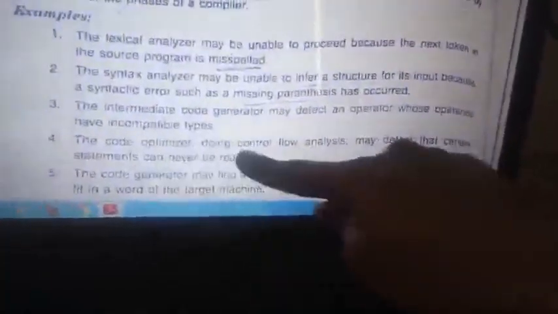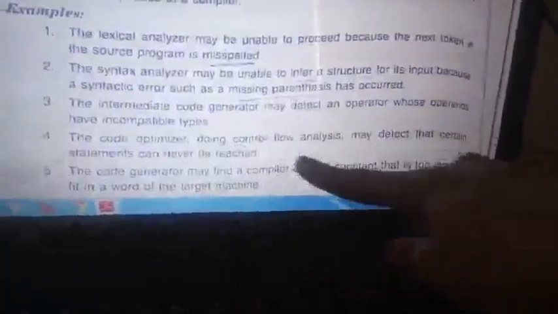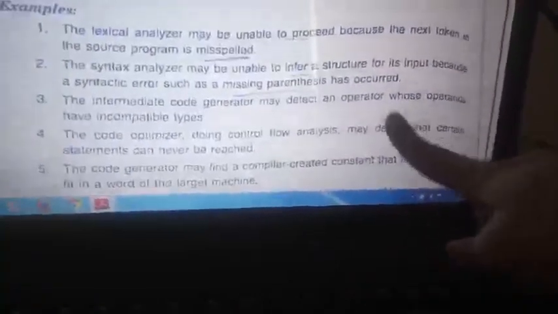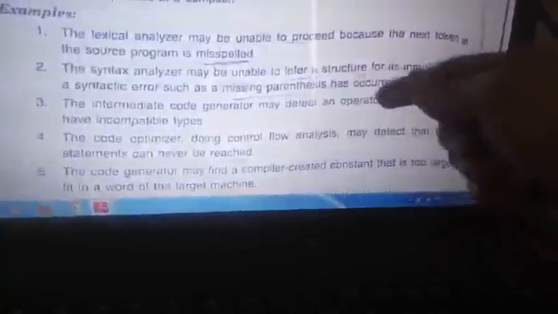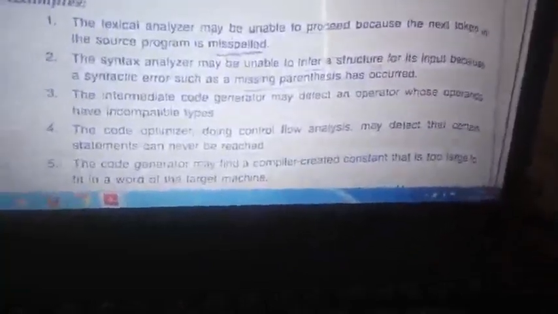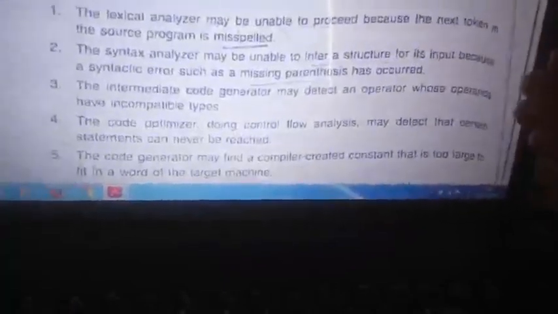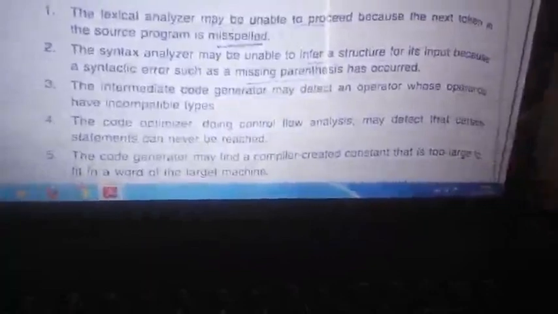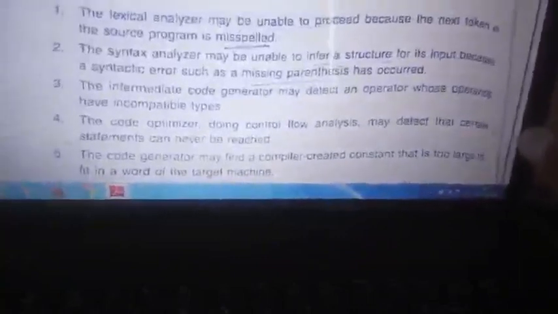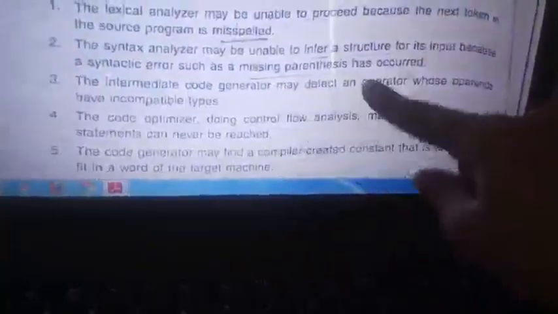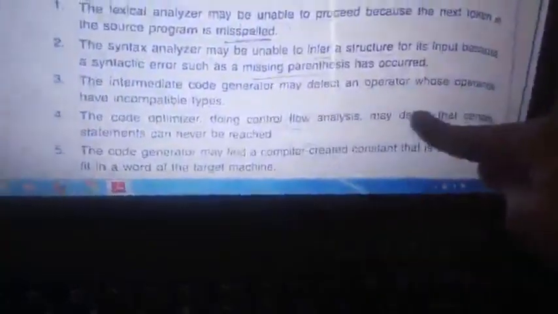Next, in code optimization, it will check the flow. That means if you have any invariant variables inside the loop, or variables which may not be reached at all, for example you write a variable outside the loop and call it inside, or you declare a variable outside the function and call it. Those are cases where we are not reaching that particular area. Those are the dead code. That is what the optimization will check. These are dead code, not used. So that will be checked in this phase.